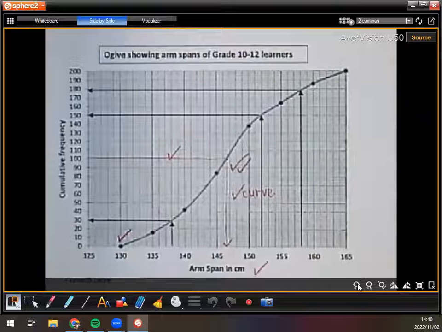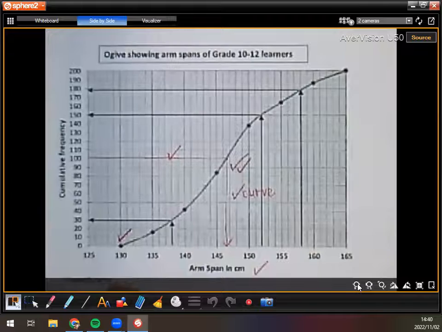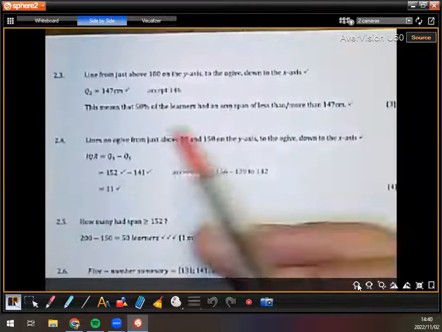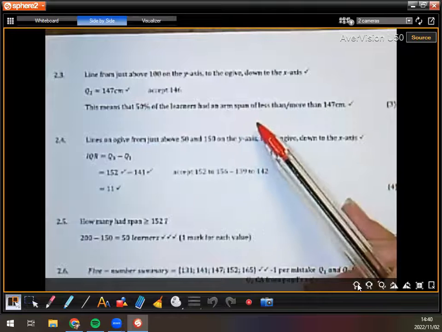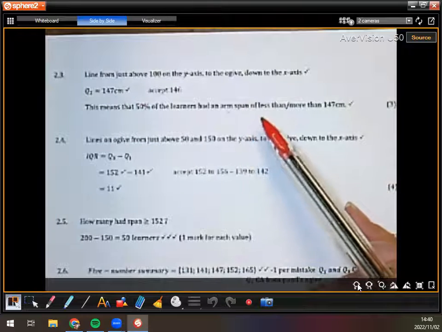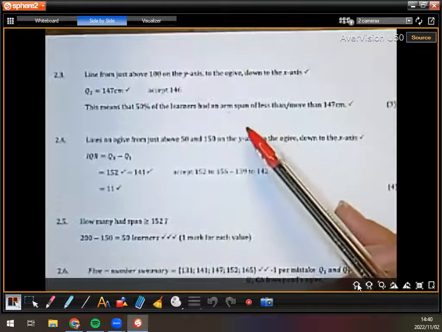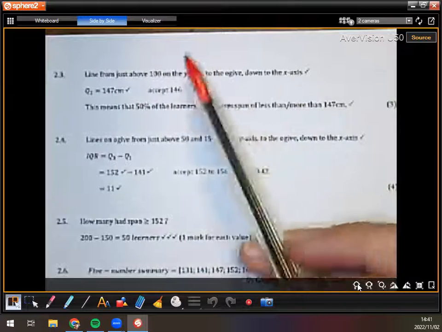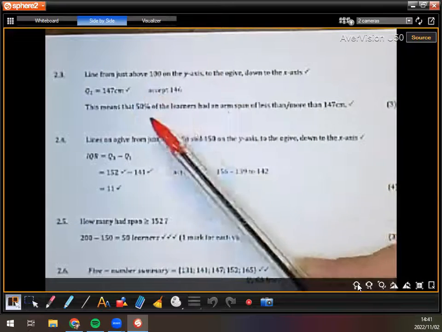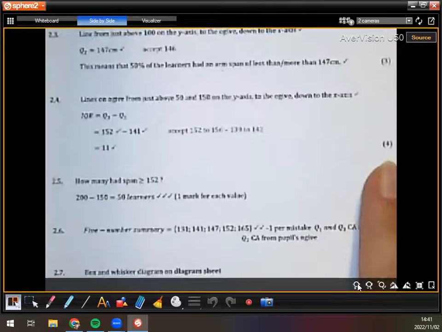So 2.3, it was 1 mark on the outline, 1 mark for the answer. Sorry, it was actually 3 marks because then you also have to say what that means, guys. So you have to say that 50% of the learners had an arm span of less than 100.7, whatever you got in your median, or 50% had an arm span of more than that. So there's actually a mark for the answer, a mark on the outline, a mark for the